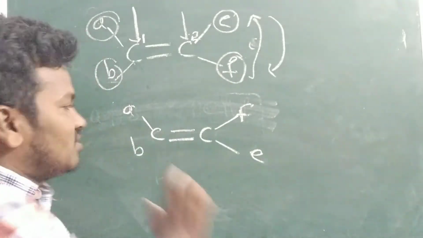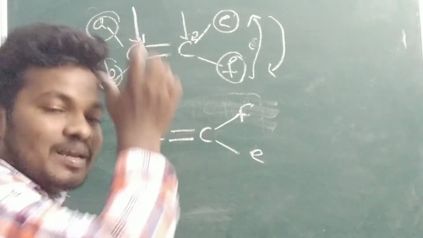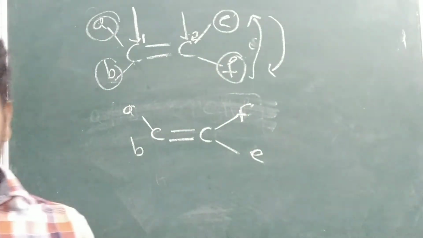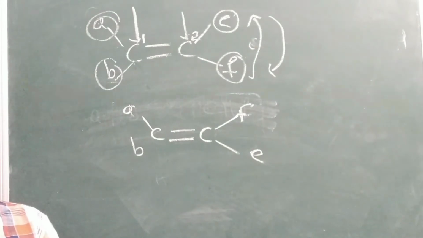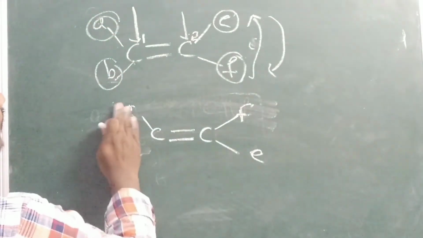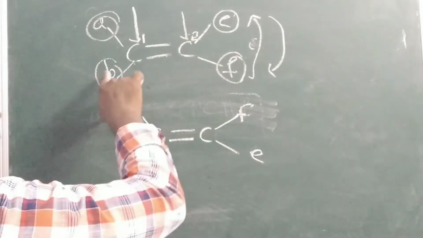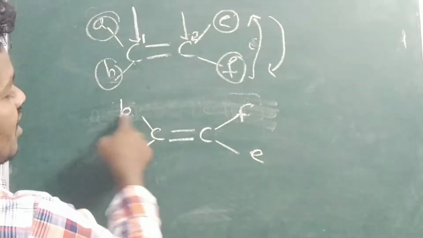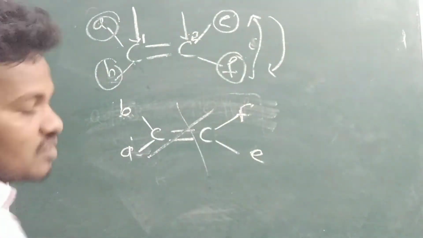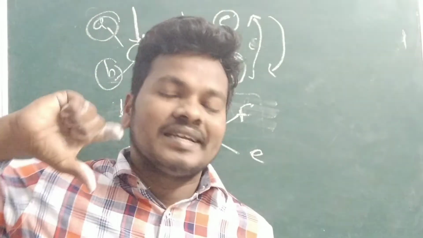Double bond is there, same type of groups, molecular formula is same, IUPAC names also same, arrangement of the atoms is different. So that is what we call it. For example, if you rotate these two also, what will happen? B and A. See, B is diagonal with the E, here also A is diagonal with the F. This is not exhibited. So you have to rotate only one carbon containing the atoms.